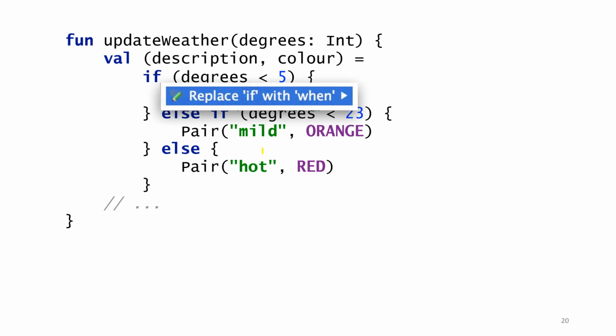You can also convert to the Kotlin specific keywords. Kotlin uses when, whereas Java uses if. If you right click on this code, Kotlin will prompt you with this message, replace if with when.